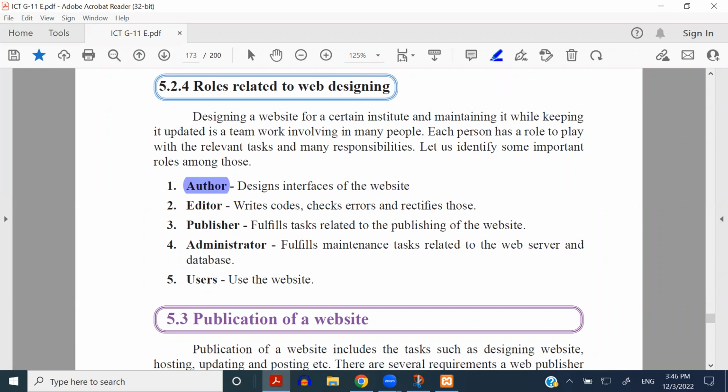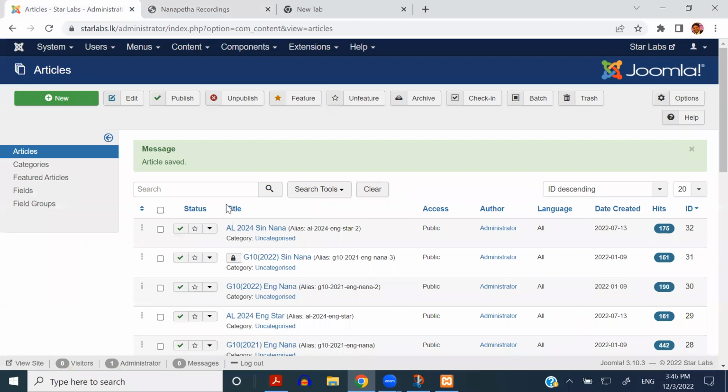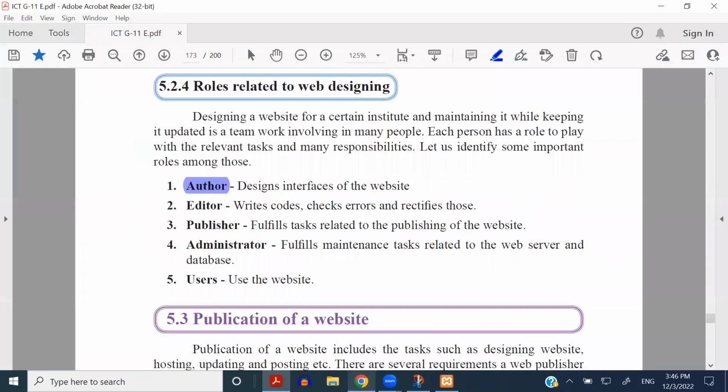So when it comes to my website, I'm the author myself, right? So I'm the one who's changing the things for you to see. And the editor is there. The editor is the one who is writing the codes, checks the errors and rectifies those things. So yeah, when it comes to bigger websites like Wikipedia, Google, Facebook, Instagram kind of things,